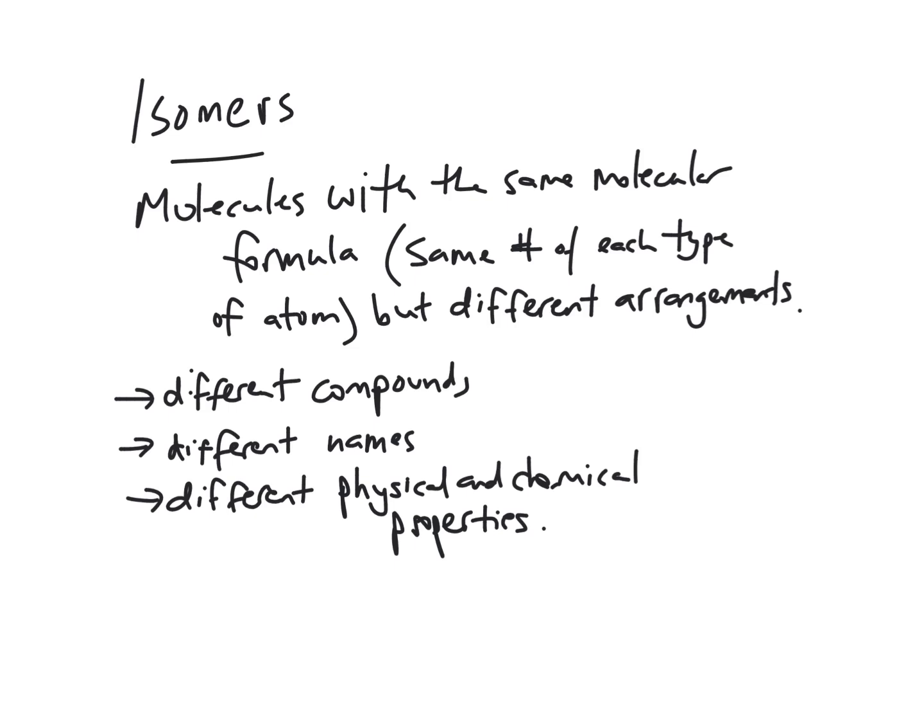Okay, so as I just suggested, isomers are molecules with the same molecular formula, meaning the same number of each type of atom, but they have different arrangements of those atoms. What it results in is that we have entirely different compounds with entirely different names and different physical and chemical properties. So for example, the molecular formula might be